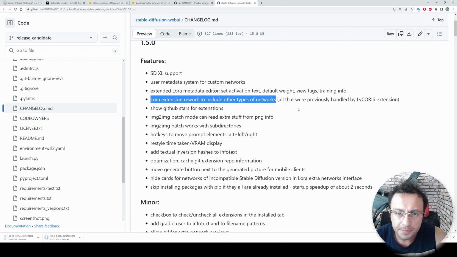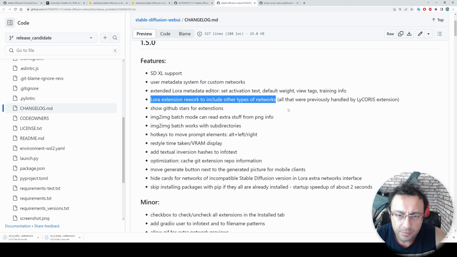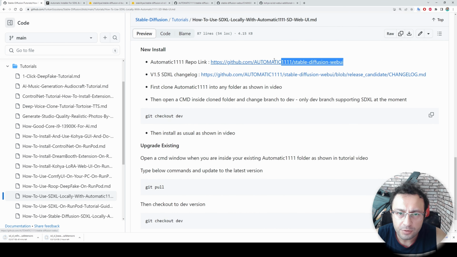With this update, we will be able to use all of the LoRA types that we have trained or that we have downloaded from Civitai or other places. Previously, we had to use the SD Web UI additional networks extension, but from now on, we won't have to use that extension. So let's begin with cloning it.